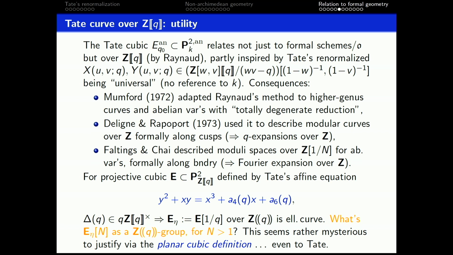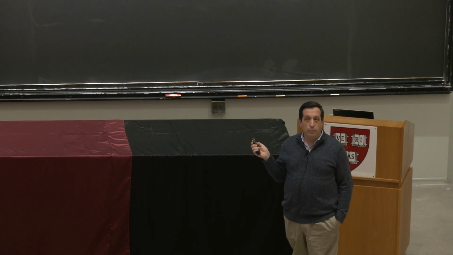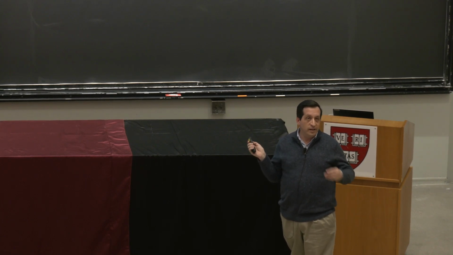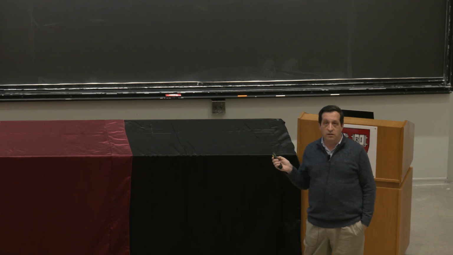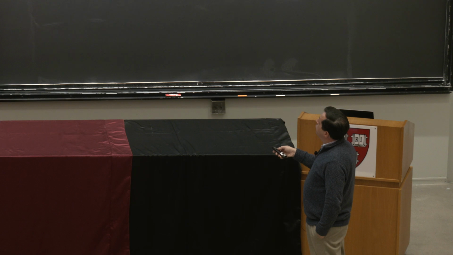Yeah, so he didn't see a way either to get this out of the cubic. So the way that we're going to get this, as we'll see shortly, is through using Raynaud's approach through formal schemes, and what Tate told me was that was also the only way he knew how to do it as well. Okay? So, all right,